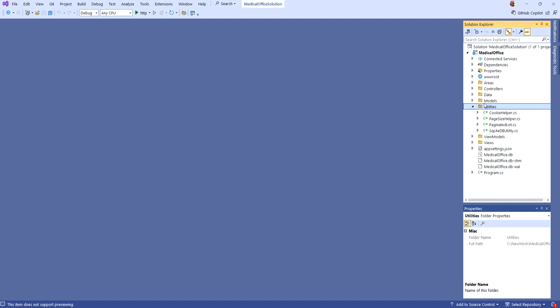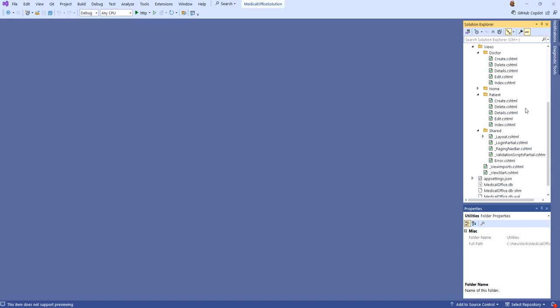All right, so we're going to come back to the shared views folder now. Okay, here's where we've been working. Remember, we added our paging nav bar here. So we're going to add a modal, okay, so that when we want to, we can bring up this little modal dialog box, right? And that's something that I mentioned back in Brightspace. I put the link there to the Bootstrap documentation on using a modal,